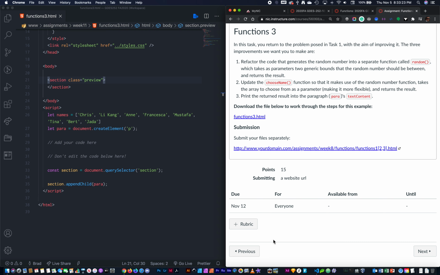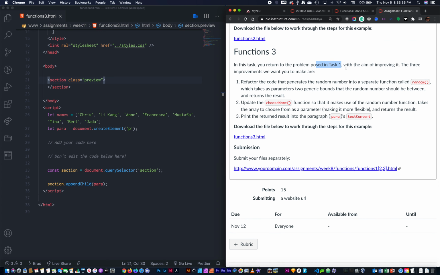Functions 3. This is going to look a little bit familiar because we are reverting back to function 1, which is our first task here, and we're looking to improve it. The 3 improvements we want to make are to do something called refactoring, which in computer programming and software